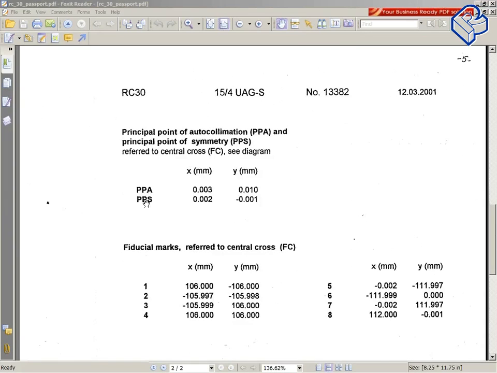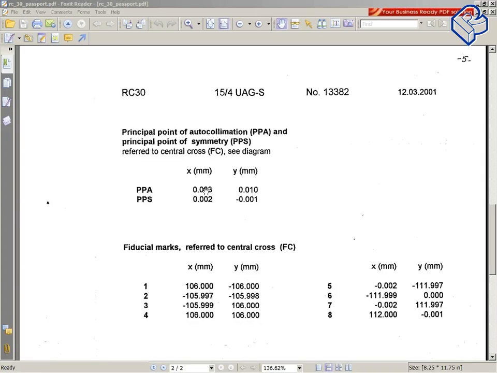PPA means the principal point of autocollimation, the PPS the principal point of symmetry. And usually the distortion values are calculated from the PPS point, and the principal point is this PPA point. So this is actually a distance from the middle of the image to the